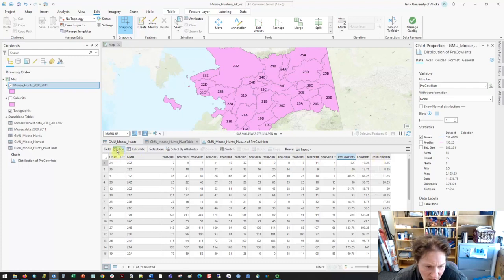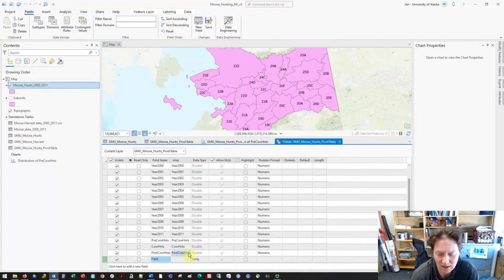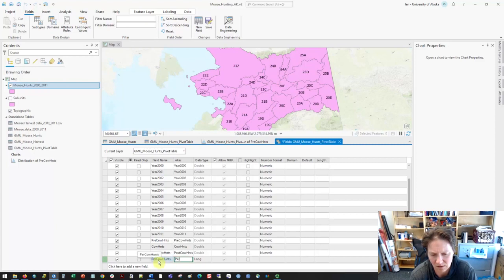So again, go to add. And I'm going to say, click on field, say percent cow hunts. I gotta think about this. As it gets tricky, as you get more and more complicated. So percent